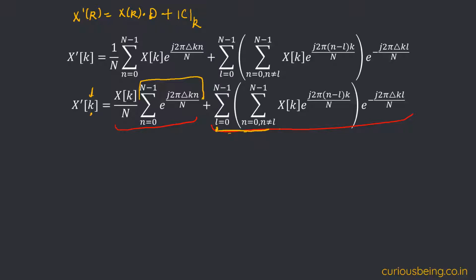So what is ICI? If you look at this equation and try to visualize it, it is bringing the impact of other frequency components onto the kth frequency component. That's why it is intercarrier interference, because other frequency components are interfering with K. So this is how finally the impact of CFO boils down to this. D also depends on the CFO term, but it is just one constant, and it introduces scaling. So that's what we meant when we said that CFO introduces scaling and intercarrier interference.